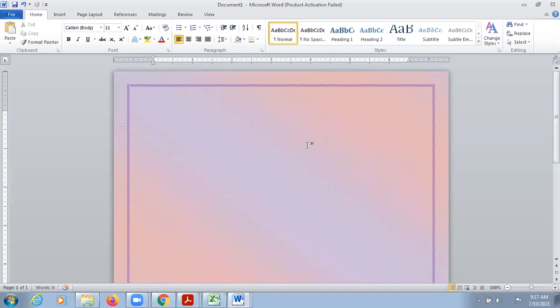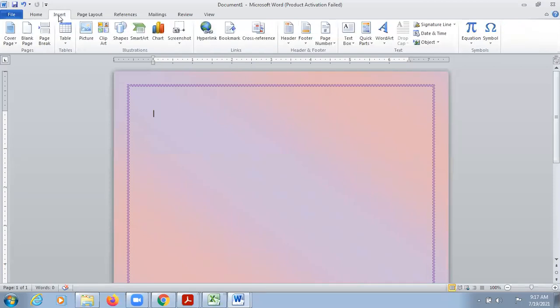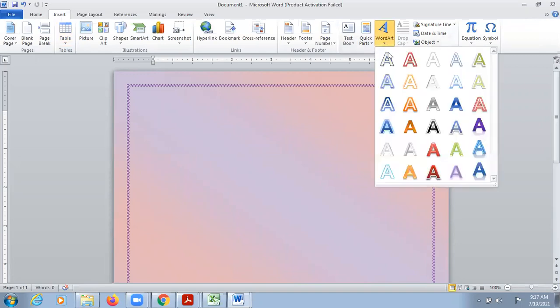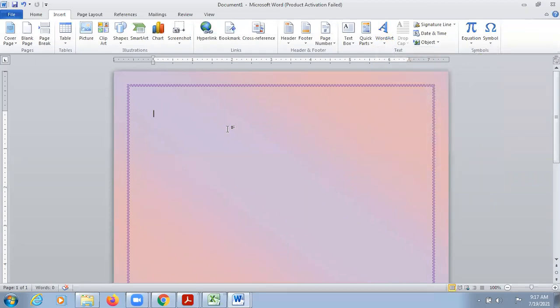Now there are two different options. Either you can go to the insert tab and there is an option of word art. You can click on this and these are the different types of word arts which you can insert, right? So this is one option. Second option is like, suppose I have written the name of the book. Let's say it's Computer World. Or let's say before writing the name of the book, I wanted to write the name of the school.